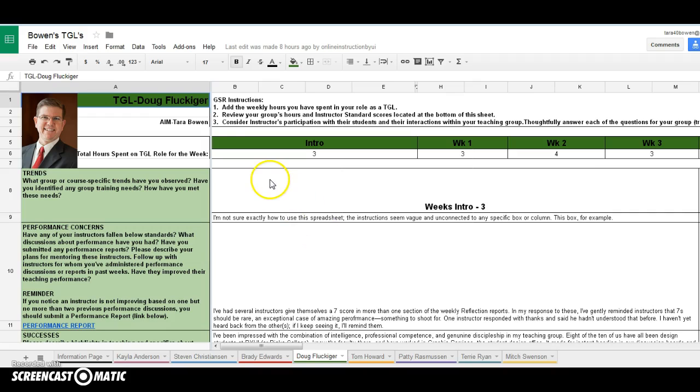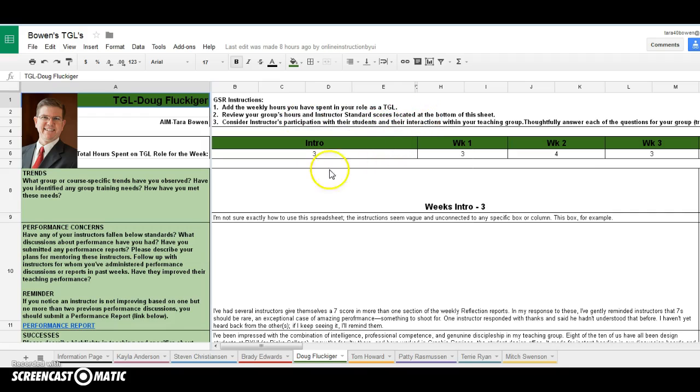So they just talk about how you'll add the weekly hours you've spent in your TGL role. That's your goal number one. So you'd put in your hours here. So if it's 3 for 1 week, 3 for the other, 4 for the next, 3 for the next, you just write those down. Next, you review your group's hours and instructor standard scores located at the bottom of the